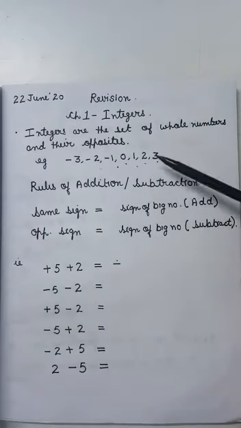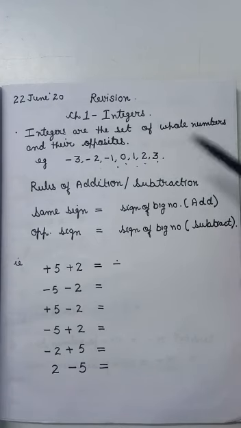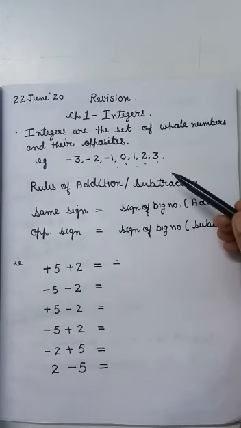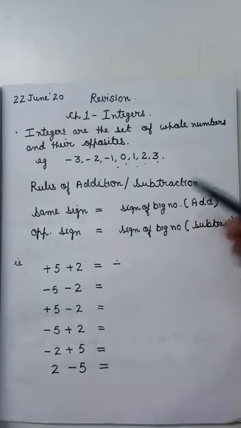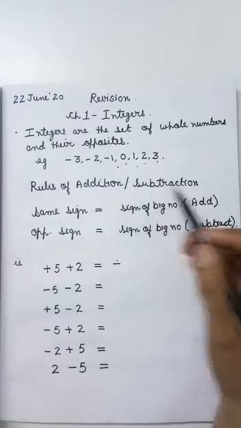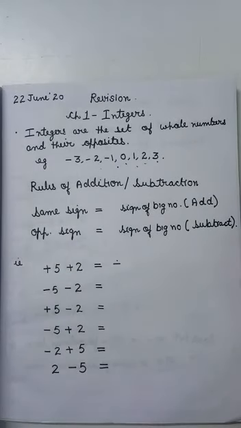Now see class, -3 is the opposite of 3, right class? Means if we are representing the direction, the distance moved in the east direction by 3, then how we will represent the distance moved towards west? Means in the opposite direction by -3, means the negative sign shows the direction. Means if we are representing the height above the sea level by positive number, we will represent the height below the sea level by the negative integers class. Get it class?